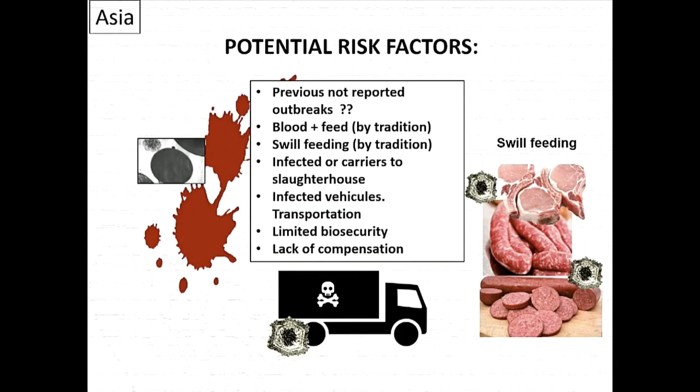The first one is that probably when they declared the first official outbreak, there was probably another outbreak before. There are many stories that are probably real. We don't know for sure, but it looks like there was probably also another outbreak before that was not declared, and that's why it spread so quickly. But this is not proven, so it's only a hypothesis. The other things I'm going to tell you are real.